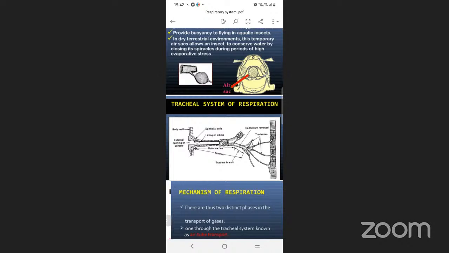Yes, ma'am. The external openings, or spiracles, are shown in the diagram. Through that, air enters the body into the trachea to respire, and it reaches the tracheoles. So the network of functioning will be spherical. This lining of intima will help the tracheal tubes to withstand the air which enters the trachea, and there is also an epithelial lining. This is the main tracheal tube, and these tracheoles are spread into the